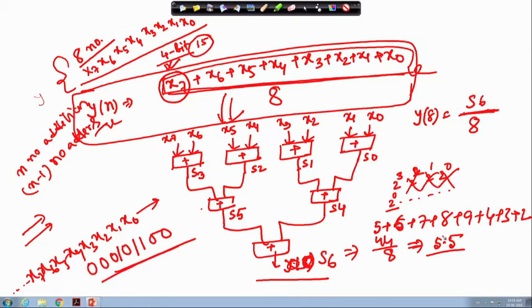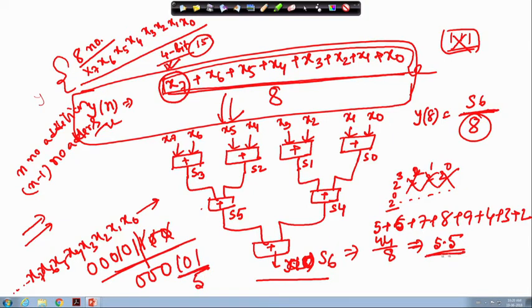Now, what I said is that I have to discard the last 3 LSB positions, as I am doing this divide by 8. So, in this number, this 44 is my S6. Now I have to discard this particular 3 bit. So, what value am I getting? 1, 0, 1, which means 5, but my result is 5.5. So, this 0.5 is the error I am accumulating for truncation of this particular block.